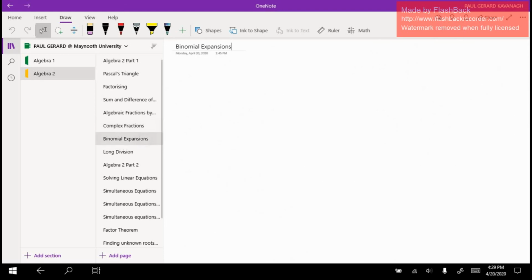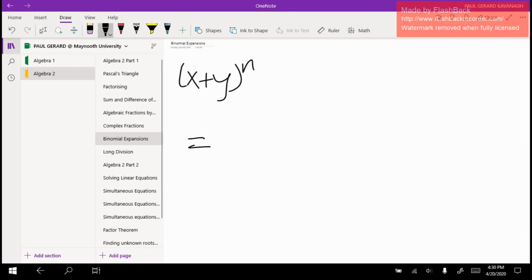Now what we're going to look at is binomial expansions, which is expanding brackets. Binomial expansion is basically the same as Pascal's triangle. It's basically just a rule where you don't need to write out the triangle. So just take this and here it says: